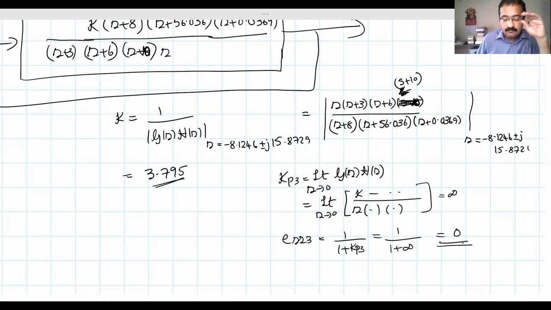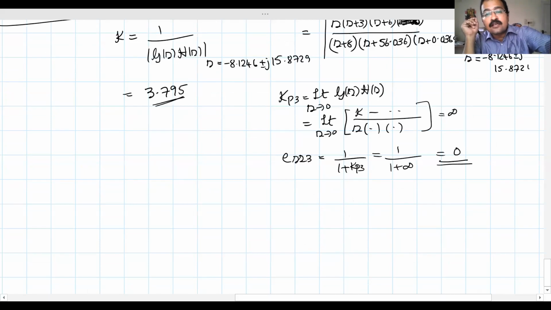Now, as said before, PID is a bit expensive because we have to have active elements, op-amps, power circuits, etc. So that is expensive. But if you can tolerate a little bit of error, then we can have an approximation of the PID compensator. That is what is called a lag lead compensator. We will now take up the design of a lag lead compensator.